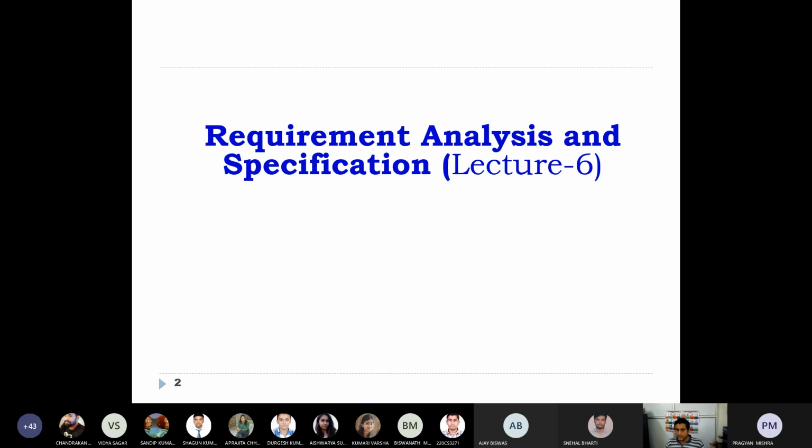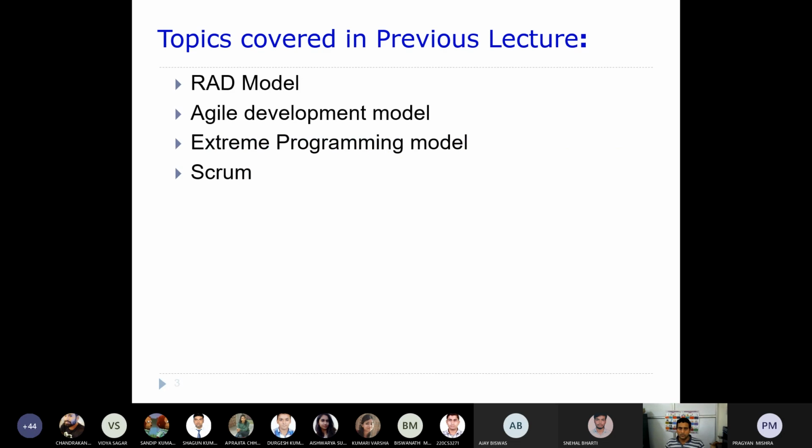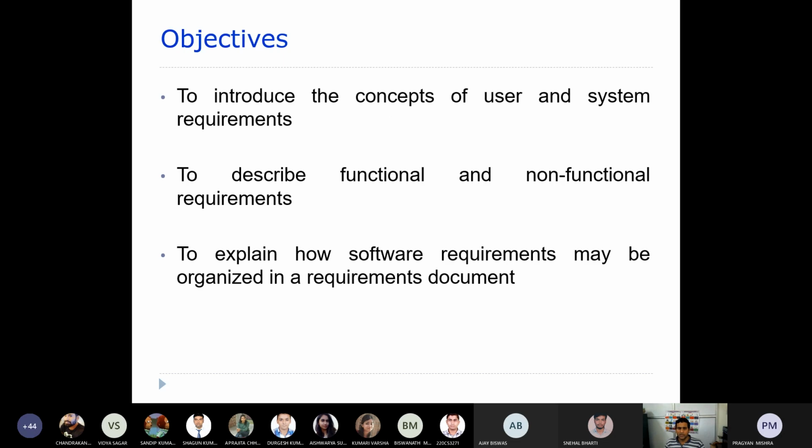So far, we have discussed in the previous lecture the rapid application development model, and then we discussed the agile development models. One is extreme programming and the other is Scrum, and there are various others like Crystal and so on, which you need to study yourself if you are interested to learn more about these agile models. Okay. So now, the main objective of today's lecture is to